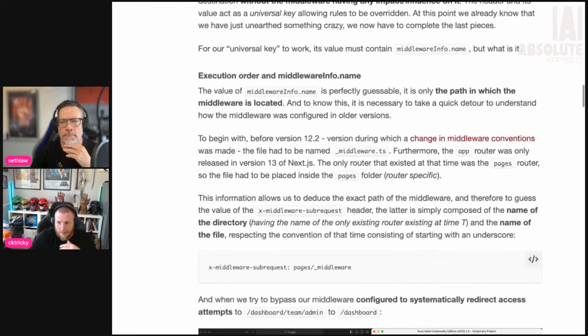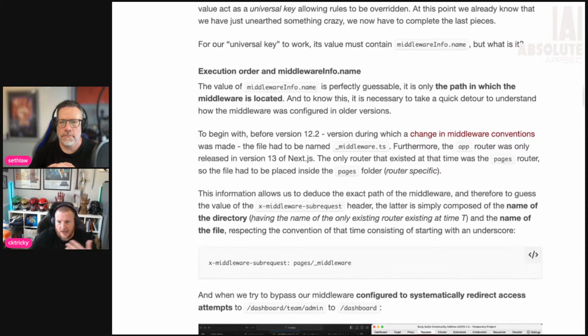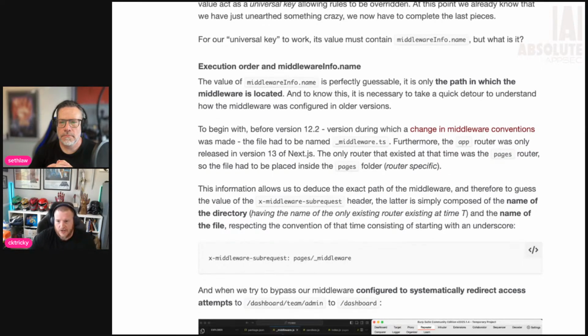And then I guess App Router was released in version 13 of Next.js, and that was like pages/_middleware.